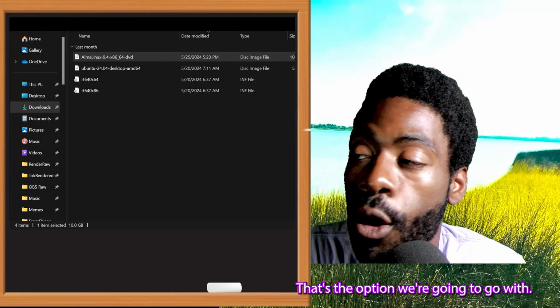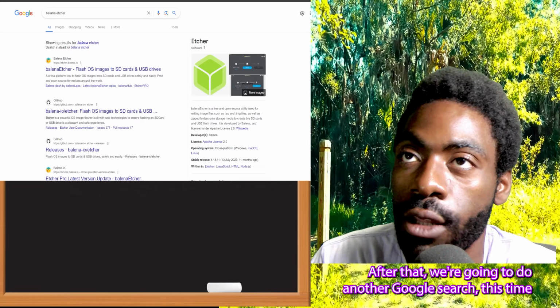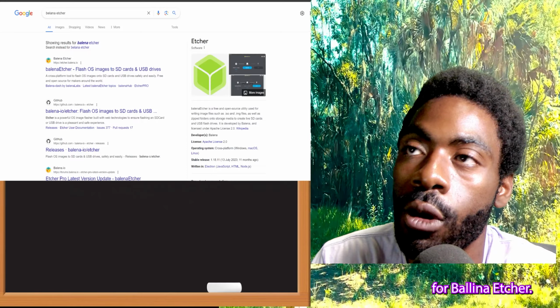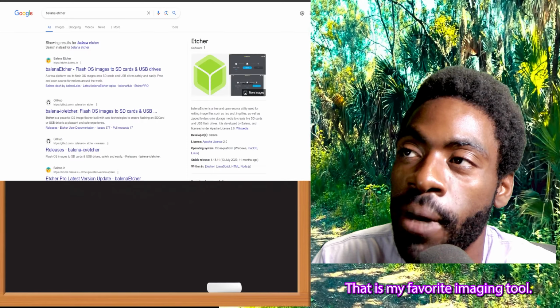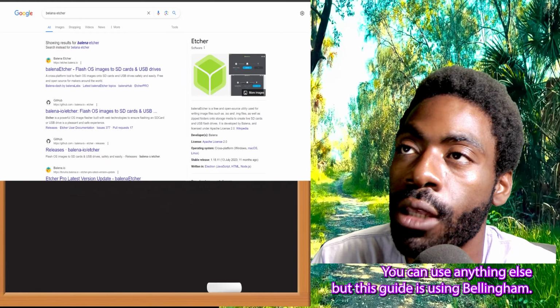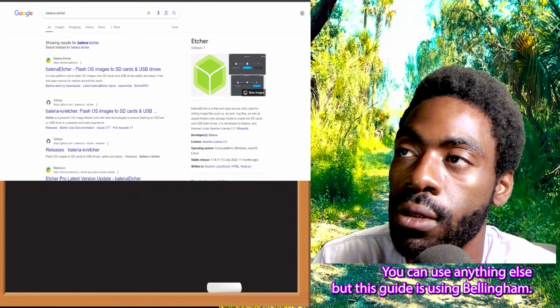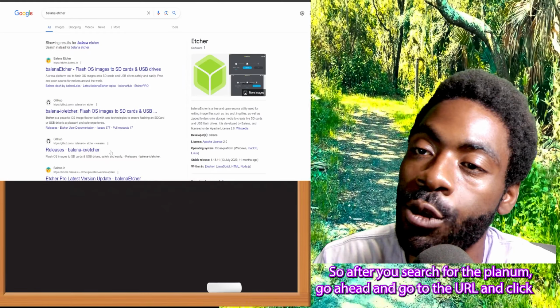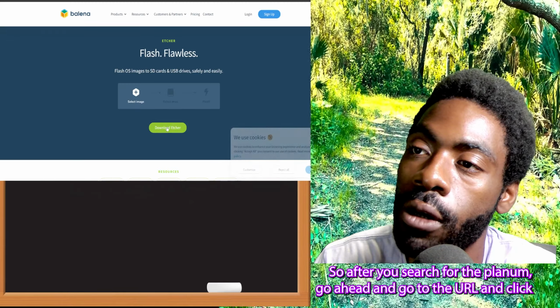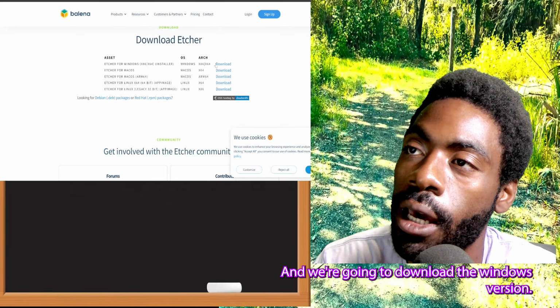That's the option we're going to go with. After that, we're going to do another Google search, this time for Balena Etcher. That is my favorite imaging tool. You can use anything else, but this guide is using Balena. So after you search for Balena, go ahead and go to the URL, click download, and we're going to download